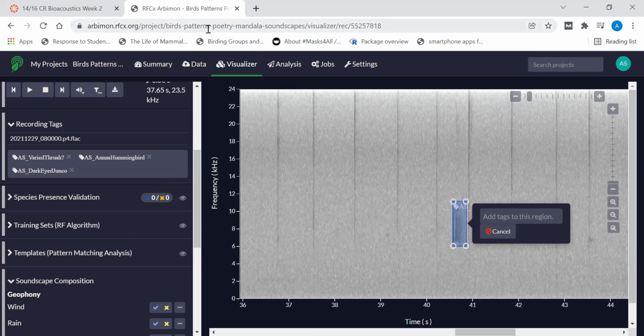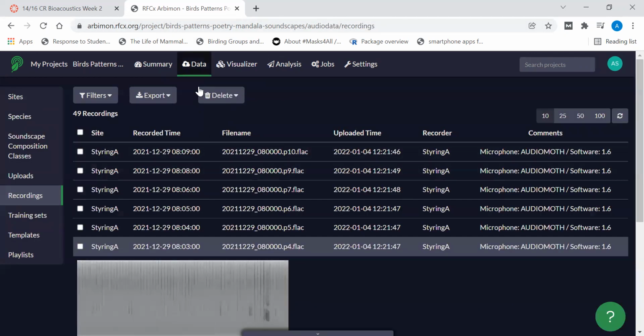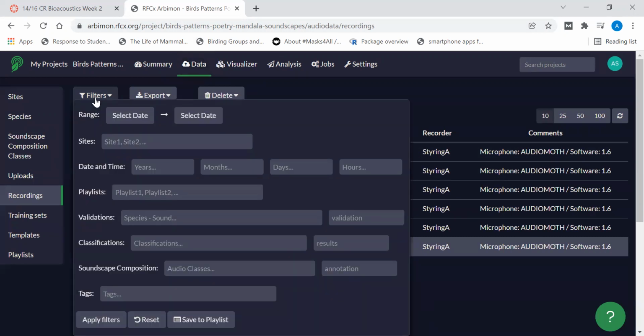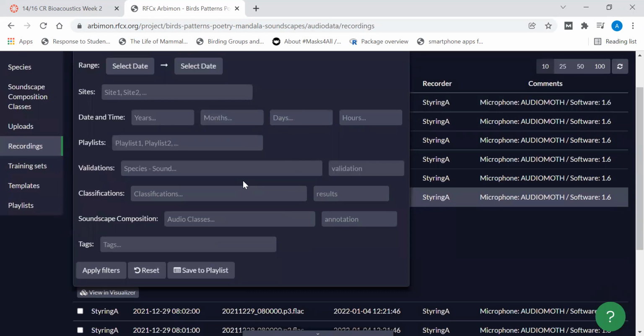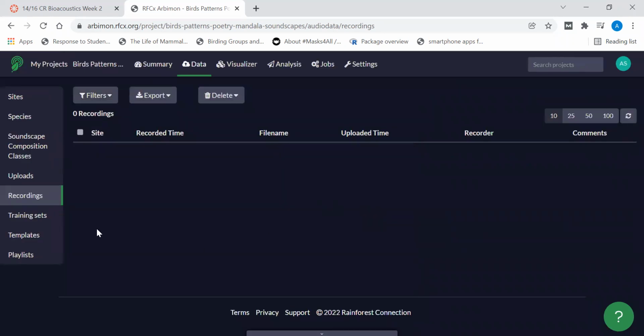So I've annotated the sound. Say we've done a bunch of annotations, and I want to find sounds that the person with initials AS has annotated. I can do that by typing a piece of the tag. I think that this will work. Oh, it will show me all of the ones that are by AS. So I can actually select the other tags that have that identifier in it and apply the filters. And it should give me the recordings that have those things.